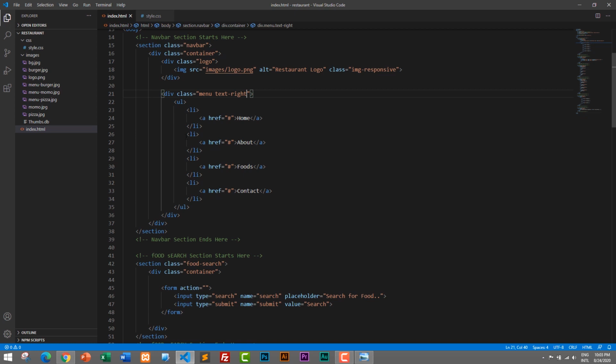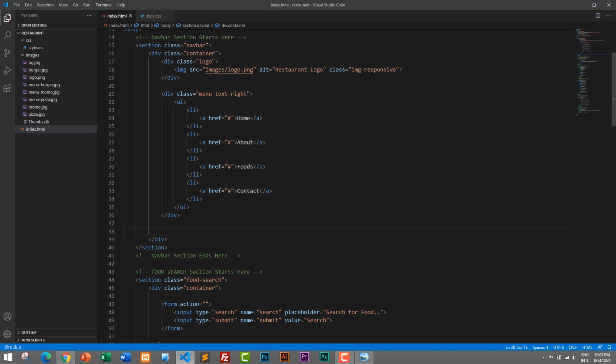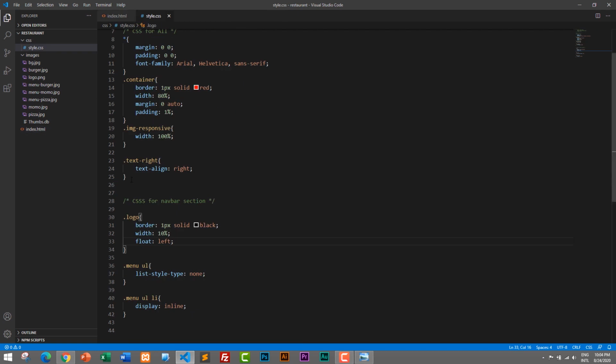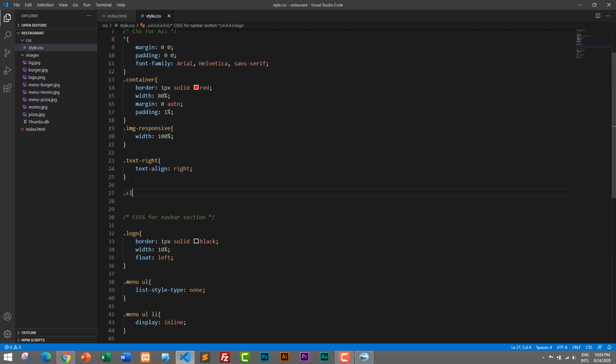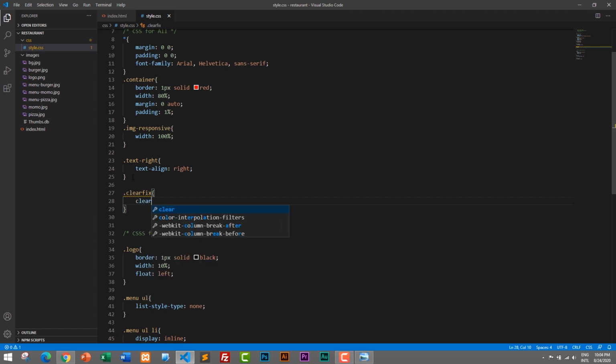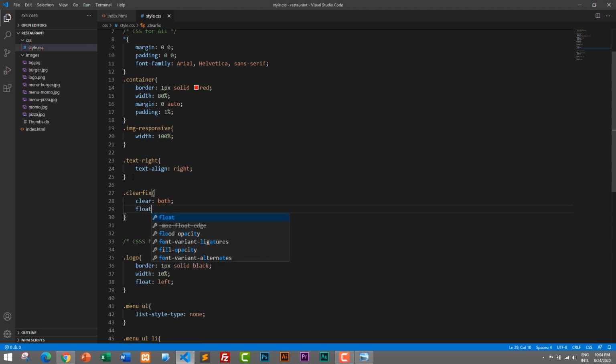So let's add another div after menu. So this is the menu div. After this we will create another div, and here we will add a class of clearfix, and we will create this class. In the CSS for all, here we will call clearfix, and we will clear both, and our float will be none. So what this will do is